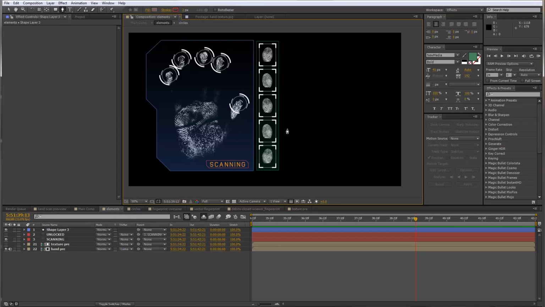In the next part, we're going to be taking a look at the animation, some blending options, and then just finalizing everything before a